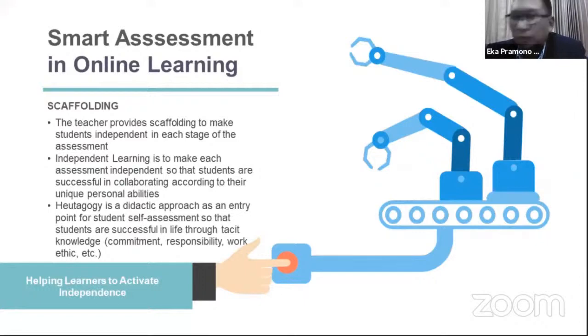Utagoji is a didactic approach as an entry point for student self-assessment so that students are successful in life through tacit knowledge. Within tacit knowledge are commitment, responsibility, work ethic, etc. They can develop, helping learners to activate independence. Okay,